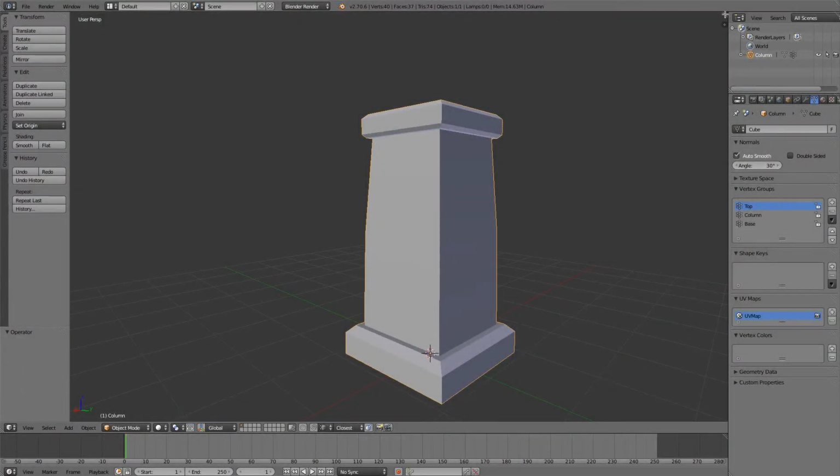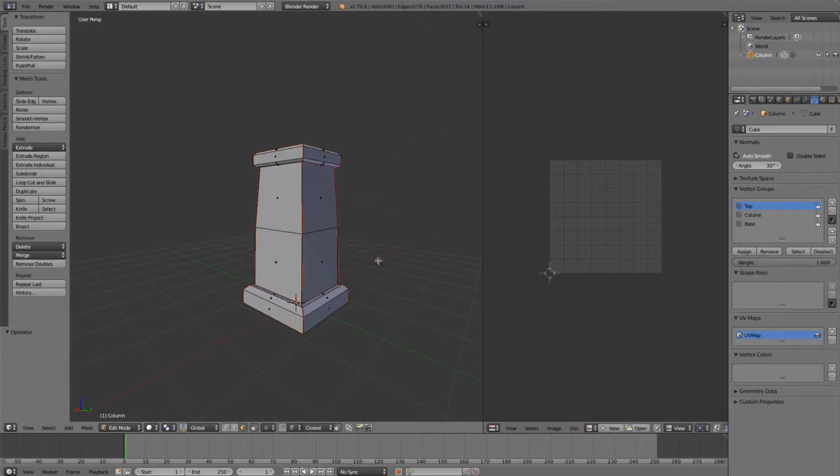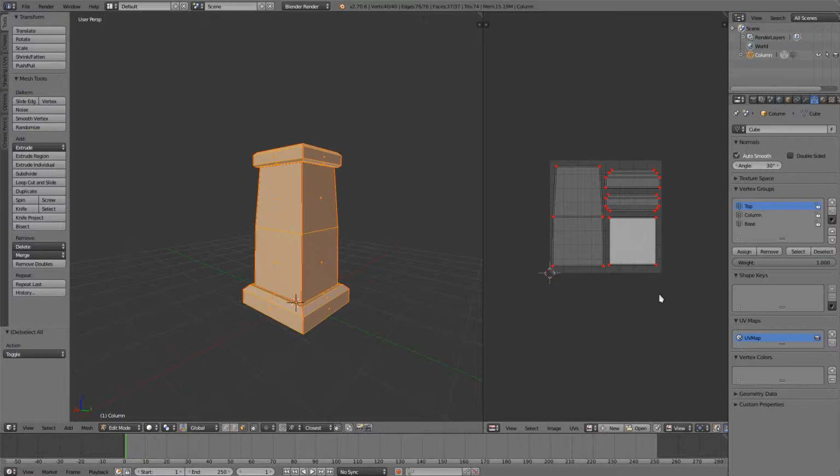Okay. To save some time, I just went ahead and modeled this in advance. It's so simple I didn't really figure it was worth showing. The way I did the UVs is not how I normally would do it, but what it'll do is allow me to only have to paint one side, and it'll just repeat it around. I didn't see any reason to paint multiple sides of this thing since they're going to be so